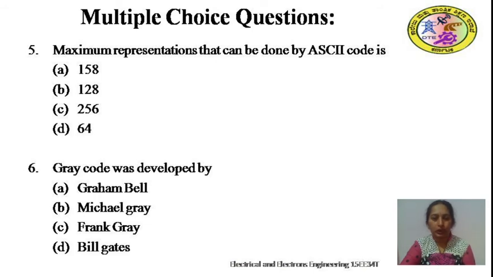Gray code was developed by Graham Bell, Michael Gray, Frank Gray, or Bill Gates. Gray code was developed by Frank Gray of Bell Laboratories. He was working for Bell Laboratories, but the scientist who developed Gray code is Frank Gray. The correct option is C.